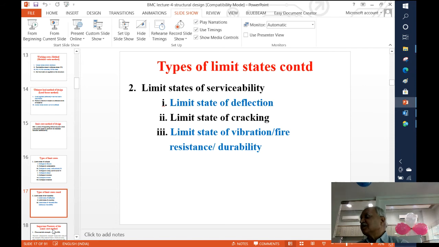Then we have got fire resistance. Again, that is a kind of durability criteria, that if there is a fire in the building, then it takes some time for fire to be extinguished. Because you have to call the fire hydrant or the fire tender, so they will take their own time, and till then the structure must survive. So sometimes they say that your fire rating of the structure must be 2 hours or 1 hour. So depending upon that, you have to provide adequate cover to reinforcement, because concrete will get damaged, and in the end, if it damages the reinforcement, then of course the failure is imminent.